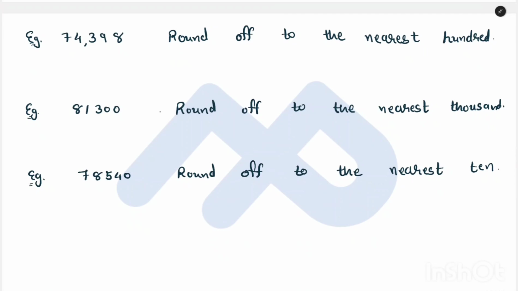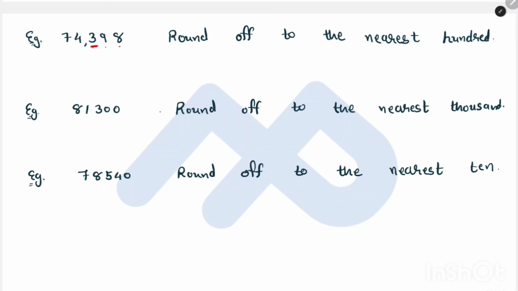So here there is one example, that 74,398, round off to the nearest 100. Okay, so 100th place is this, na, because this first, the 8 is the unit digit and this is the tens digit, this is the 100 digit. Okay, so if you want to round off to the nearest 100, just underline the 100 place, and then